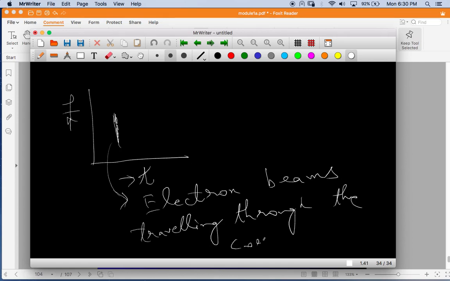And what are they doing? As the electron beams travel through the corona, they excite instabilities, and they excite density oscillations, because that's what the plasma frequency is. Plasma oscillations are density oscillations,